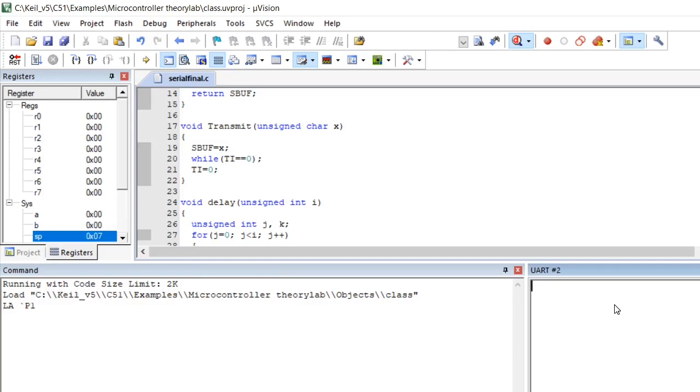Even though it is running, this particular code enables us to do two functions. One is, the data I am pressing on the keyboard is received, and it is checking for the RI interrupt. Once it is received, it is sent back to my UART window. That is what is happening internally. There is a short circuit made, so whatever I am typing, I get it back.